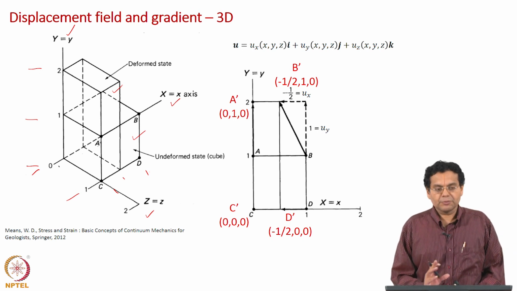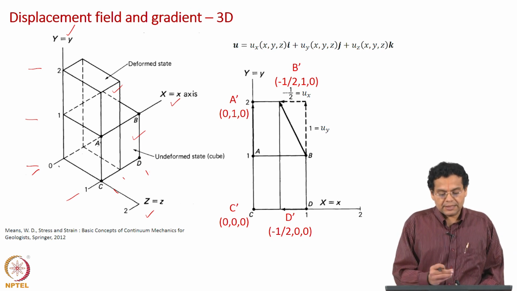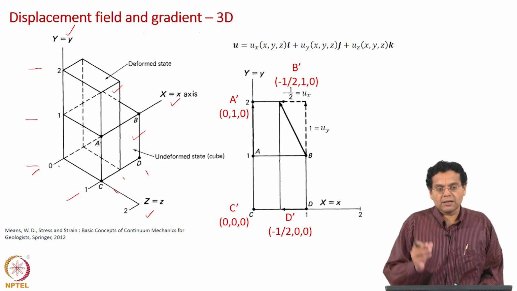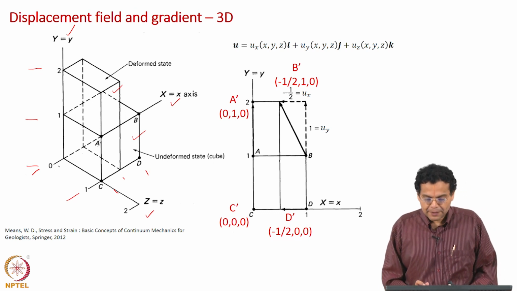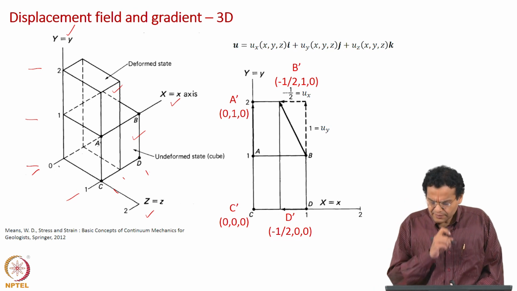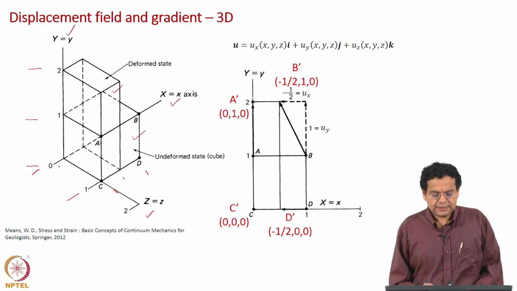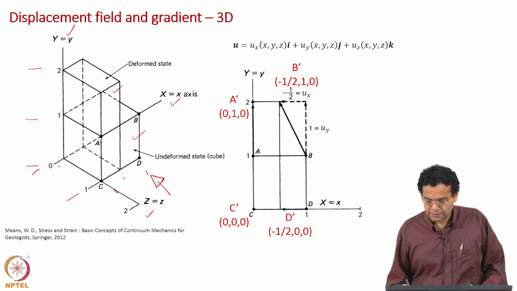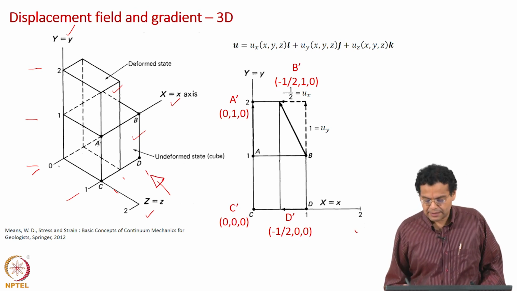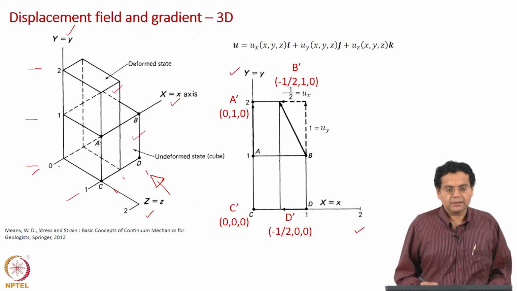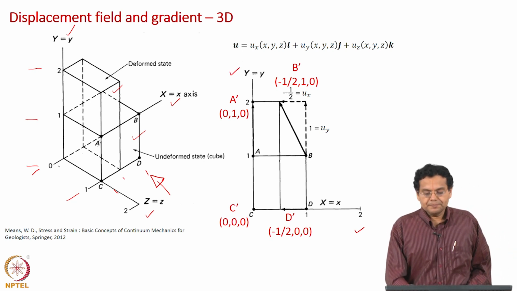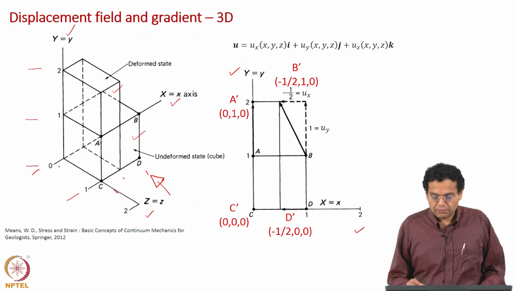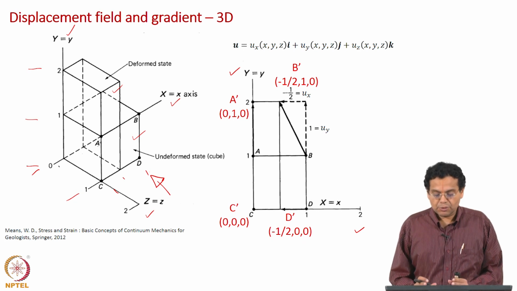Okay. So the cube has become a cuboid with a decrease in length along the x axis and an increase in length along the y axis, that is what has happened. Now what is shown on the right hand side is this view, you are viewing from this direction, that is why you have the x axis here and then the y axis here. Okay. Now what are the things shown in this diagram?